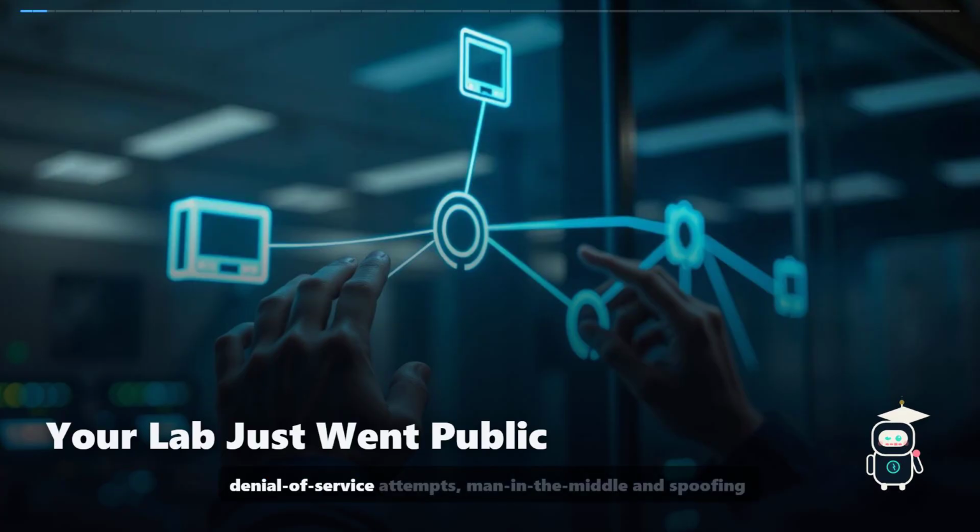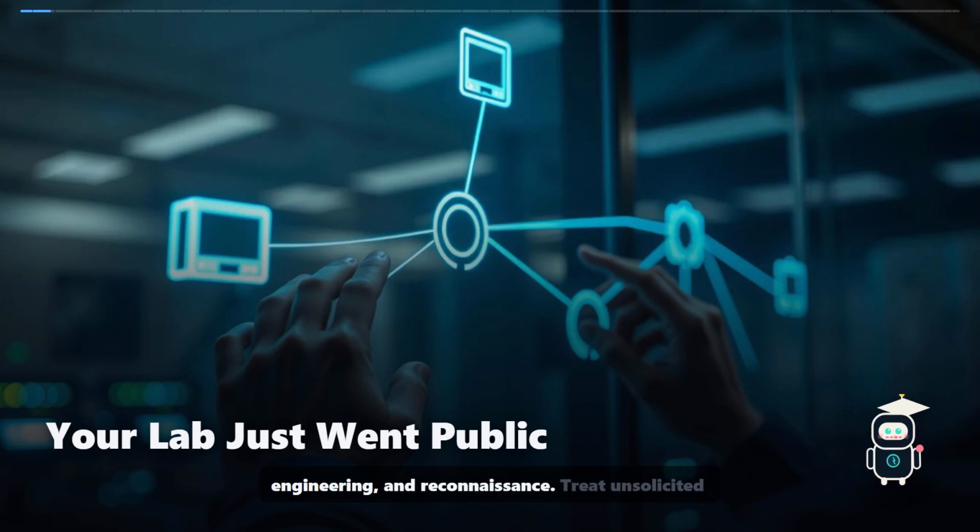You will see denial of service attempts, man-in-the-middle and spoofing scenarios, password attacks, malware, social engineering, and reconnaissance. Treat unsolicited probing as a reason to review exposure, logging, patching, and access controls, not as proof that a compromise